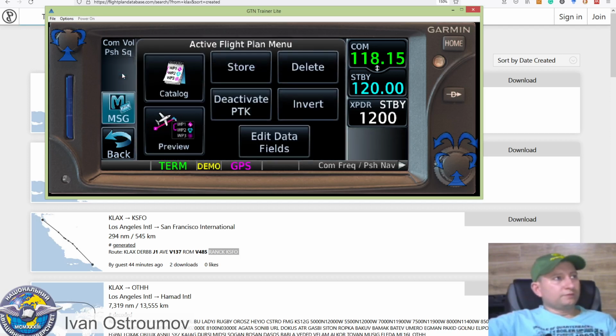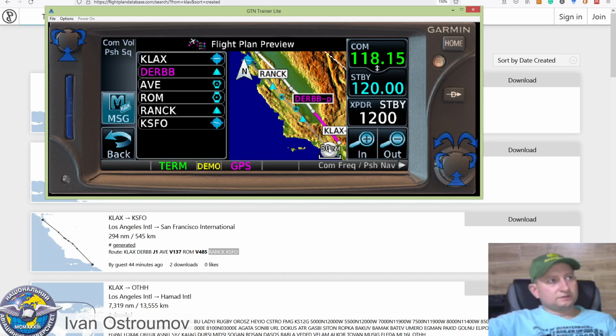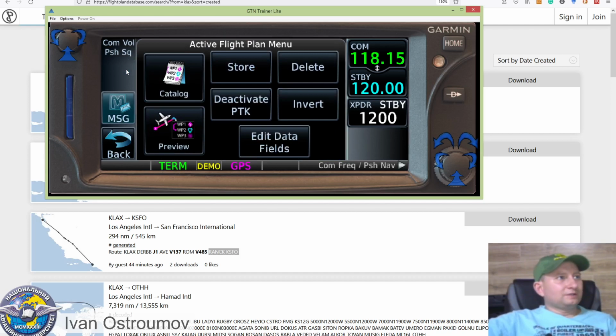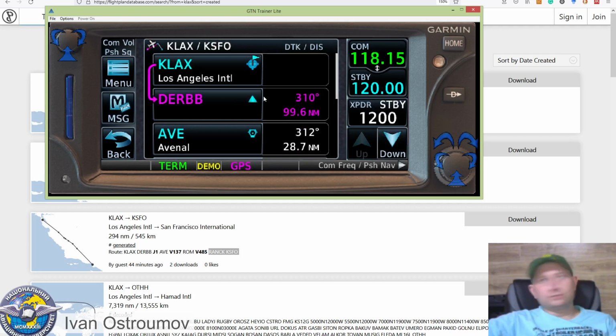If we go to menu and click preview, you will see that this is our waypoint and this is our planned track, and we use parallel track to our planned track. Okay, actually I don't want to use it, that's why I can just click deactivate parallel track and we come back